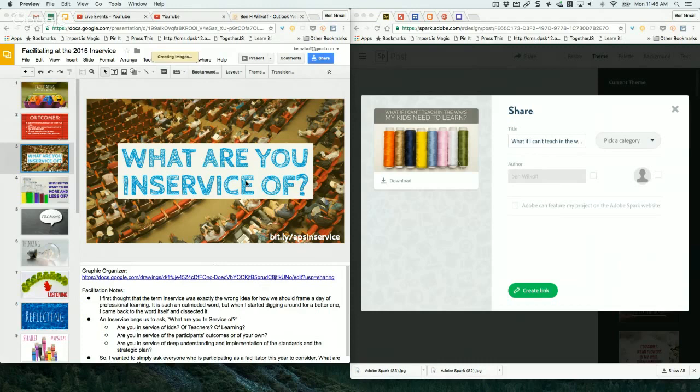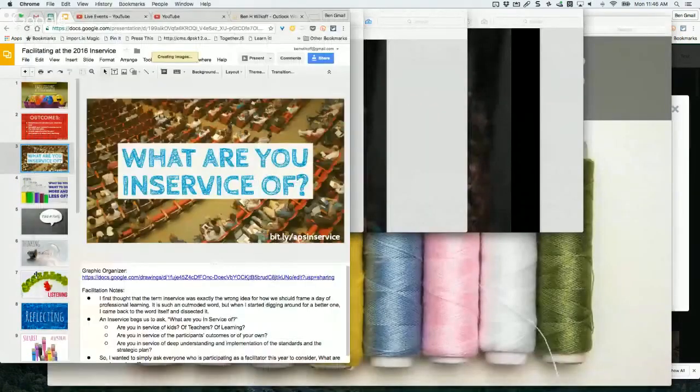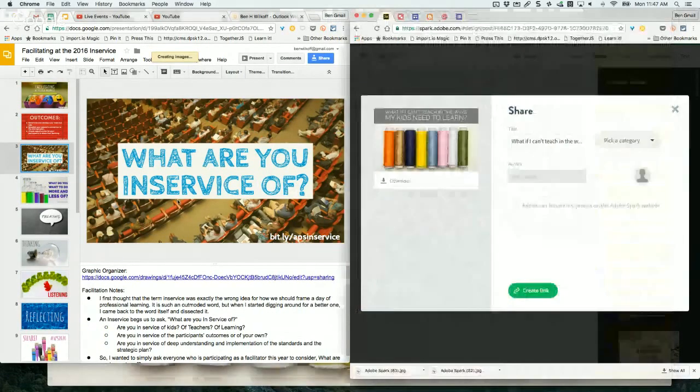Now, if you're on a PC, it works the exact same way. It'll create the image the exact same way, and it will put it onto the slide. And all you have to do is make sure that you have downloaded the image